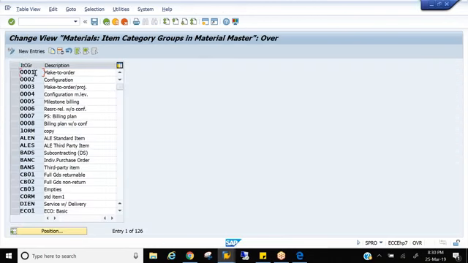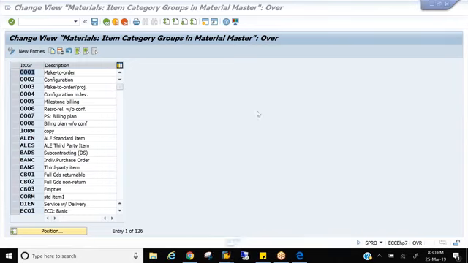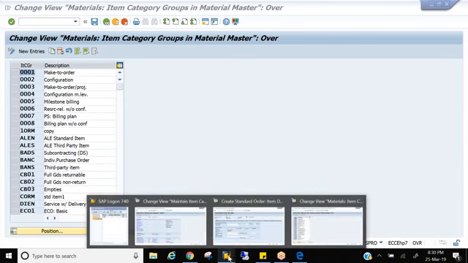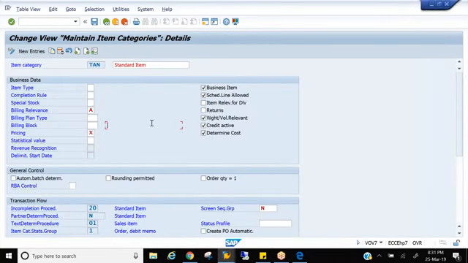Right, so you can create your own new item category and make sure that you assign that particular one for your item category determination. So you can get a new item category into a sales document. Okay. So what I showed earlier is for the general item category group. Right. So that's how you make sure.